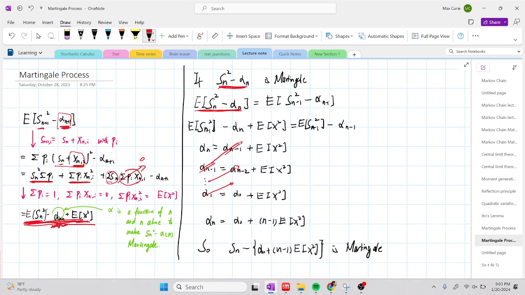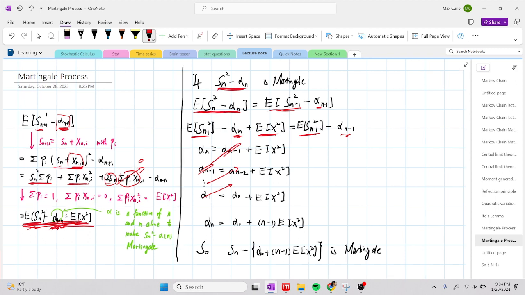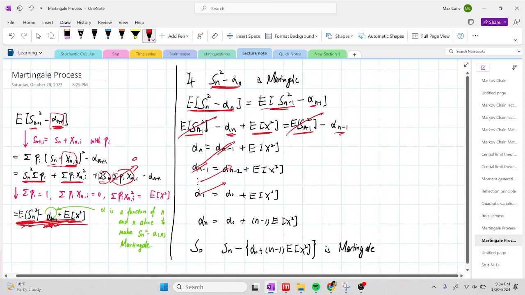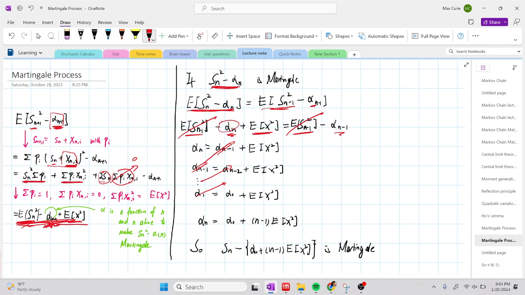We have n minus 1, alpha n, x squared, and because this is a constant, we can essentially cancel this out to 0, so it's the same, and put this on the right hand side. We're left with alpha